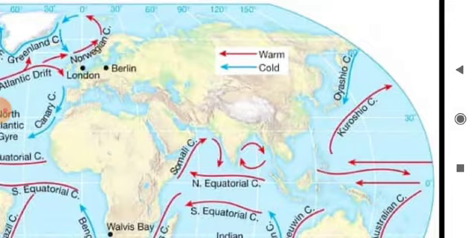Next, Kurile or Oyashio current. It's a cold current. The Kurile current originates from the Bering Strait and moves southward along the coast of Kamchatka. It touches the islands of Kurile, where it is called the Kurile current. It carries cold water from the Arctic Ocean to the coast of Kurile and Hokkaido.